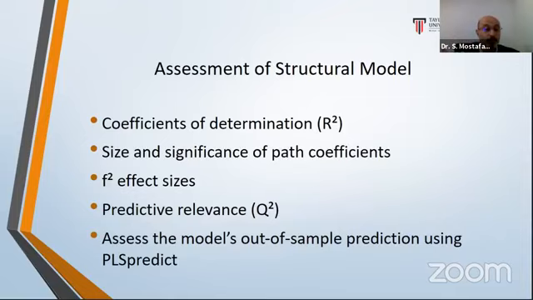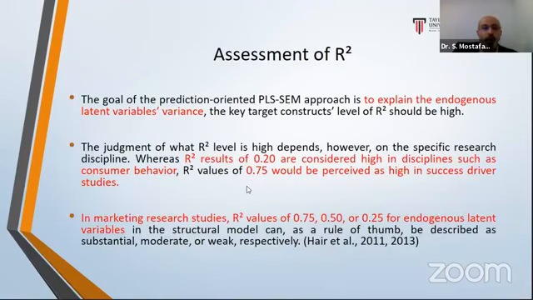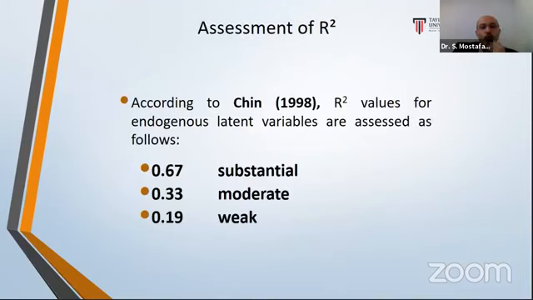PLS is a prediction-oriented method. Previous literature suggested Q square for assessment of predictive validity, but recent literature suggested PLS predict, out of sample prediction. This out of sample prediction is more accurate and precise to assess the predictive validity of the model. But assessment of predictive validity is important if our objective is prediction. There are different thresholds for R square, but actually R square